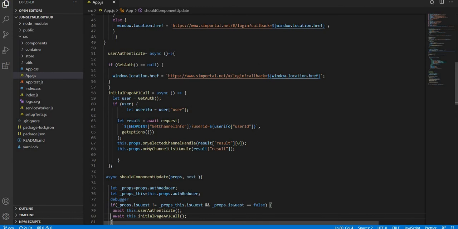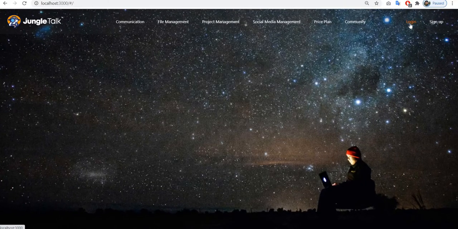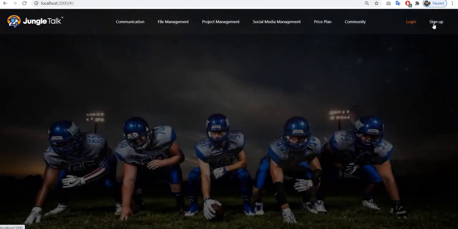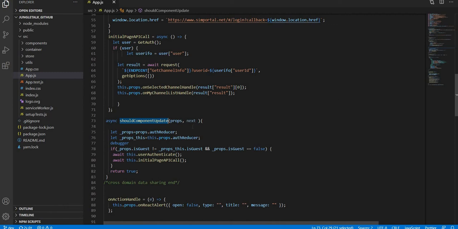Another one, now if you see here, we have shouldComponentUpdate. It is actually triggered for authentication. At the UI level you noticed I clicked on the login or sign up button. As soon as it is clicked, it triggers a reducer, and that reducer changes this flag, whether it is a guest login or not.